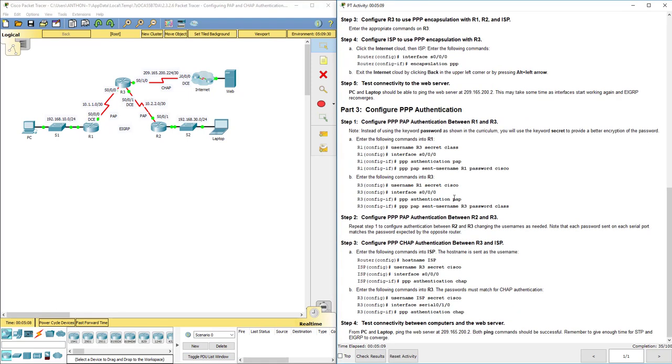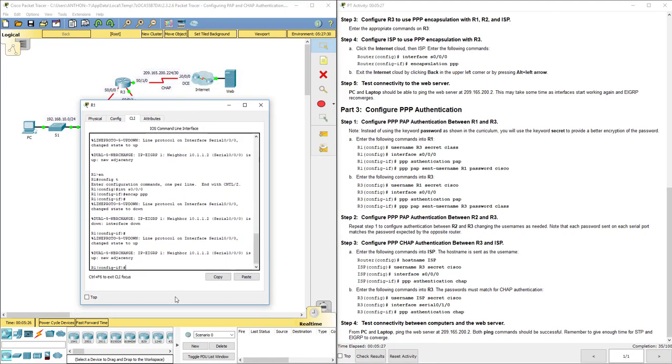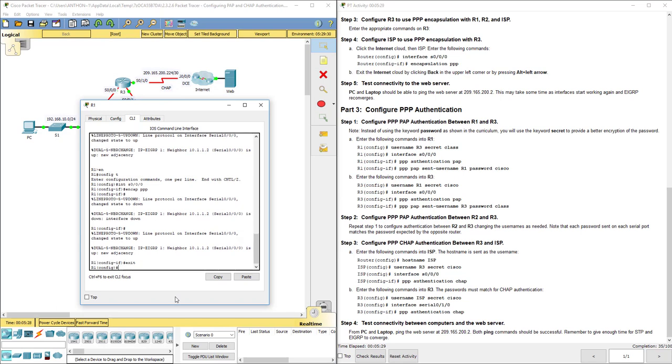Now, encapsulating it with PPP is fine, but now let's add some authentication for security purposes. First, let's do PAP, which is the older one, not as preferred. So here we're going to do on R1, and I'm going to show you a compare and contrast in a minute. In global configuration mode, we're going to do username R3